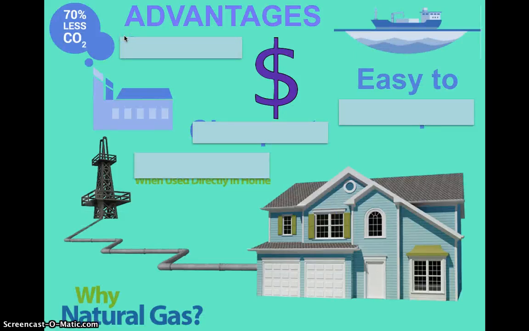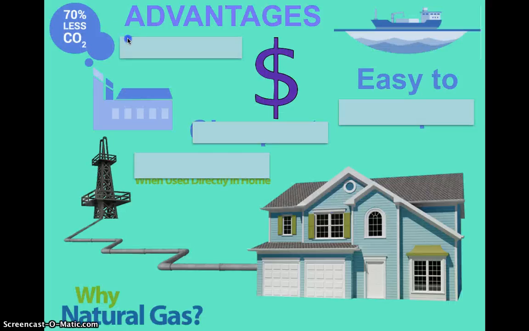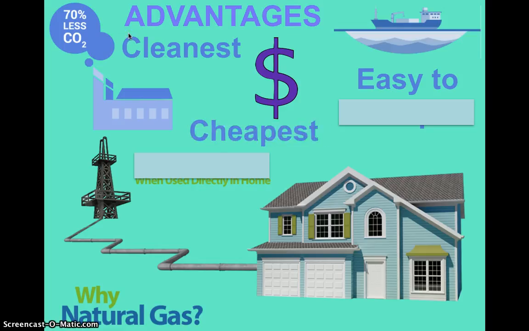Well, natural gas is one of the cleanest fossil fuels. It produces 70% less carbon dioxide emissions than coal, and it's the way it burns. Think about the burning of natural gas. Let's go back to this slide so you can see it's a blue flame, whereas coal and petroleum burn with a red flame. That is actually part of the reason for the lower emissions. And it's not just less emissions during burning, it's also less emissions during mining. It's the cheapest of the three.